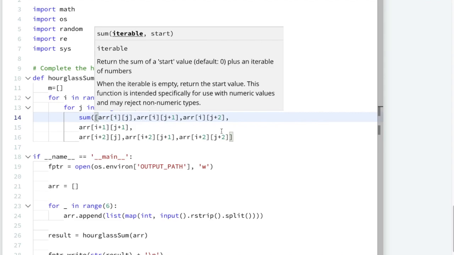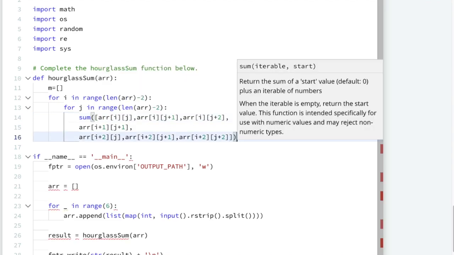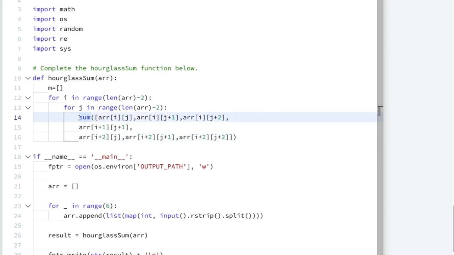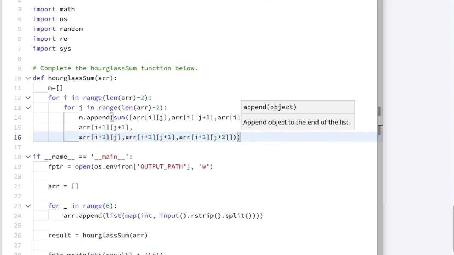And we will append this sum in my resultant M array. Now append the sum. This is the very first sum of the hourglass.